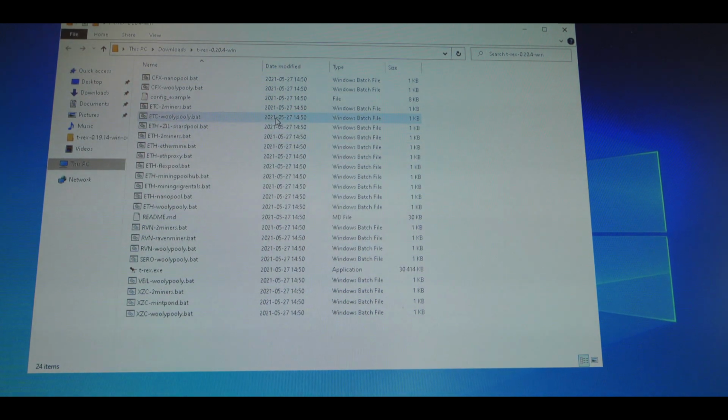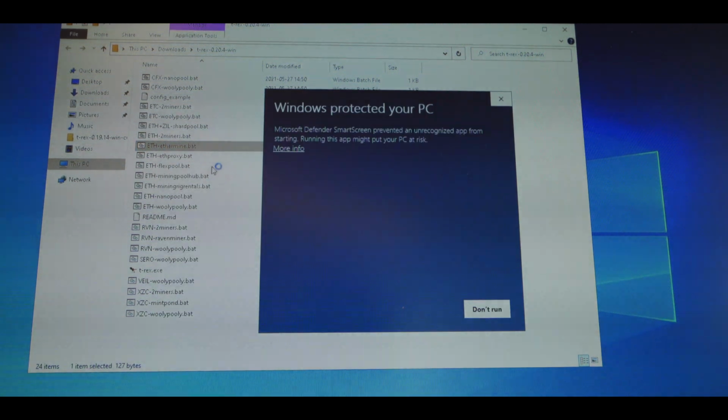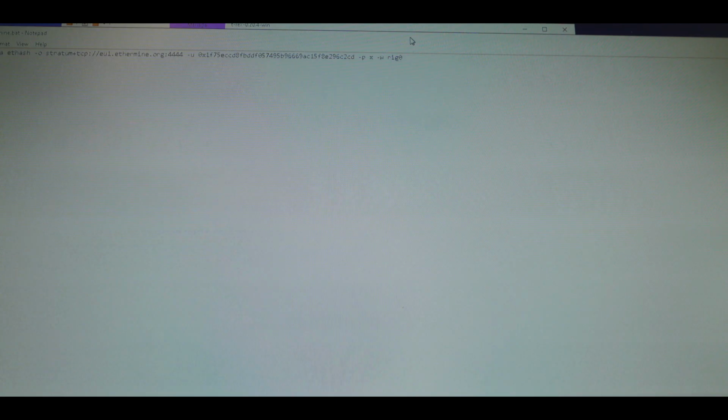So the first thing that I'm gonna do is pick the preset batch file that I'm gonna be using. So for me, that is the Ethereum to Ethermine batch file. So I'm gonna right click on that. I'm gonna hit edit. And of course, the first time you do that, it's gonna say Windows protected your PC. And what you need to do is just click more info and then click run anyway. And so that's going to open